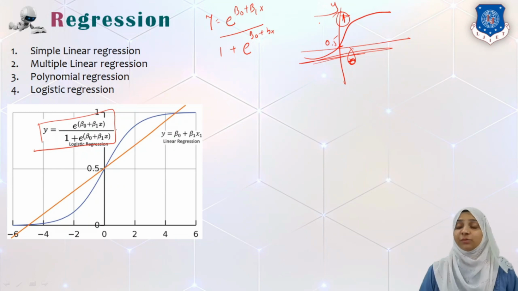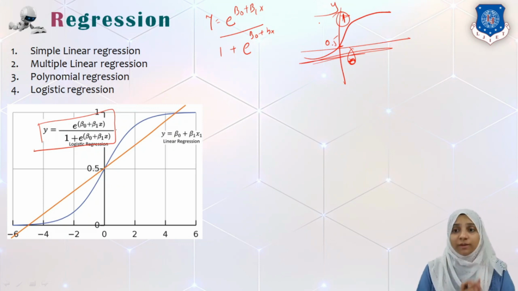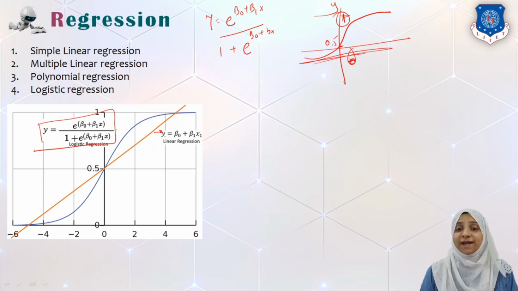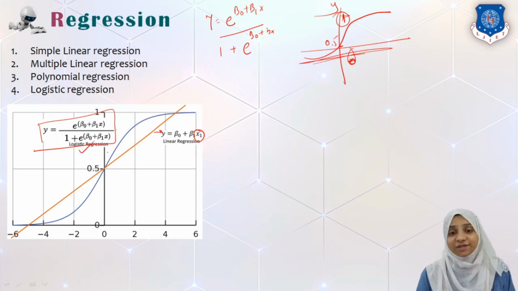So those problems for which we have output values other than 0 and 1 must first be normalized to between 0 and 1. Then only can we apply the logistic regression function. Now here, as you can see, the simple equation of a line is given by y equals b0 plus b1 x1, where x1 is my input variable. The same equation, represented as e raised to the equation of line divided by 1 plus e raised to the equation of line, is called logistic regression.